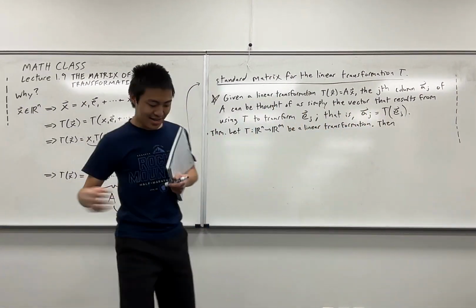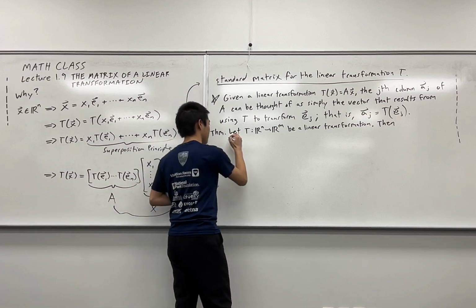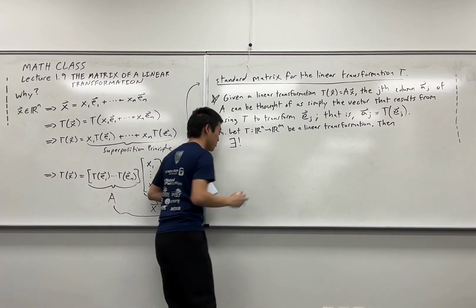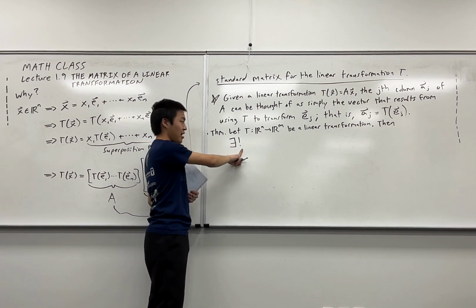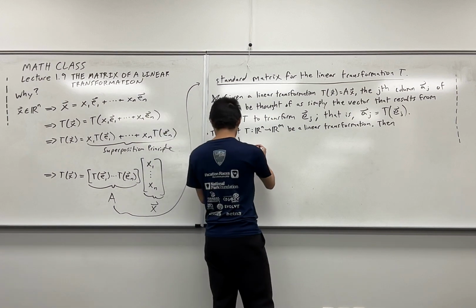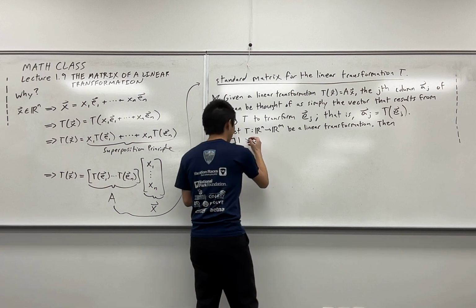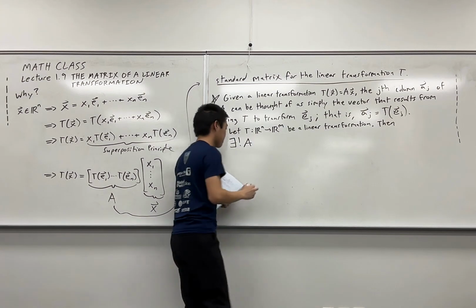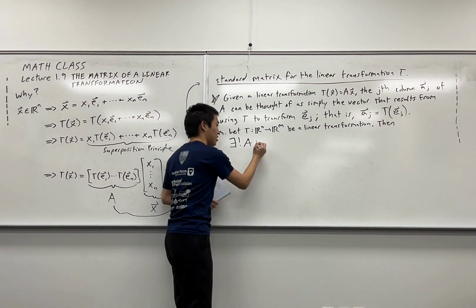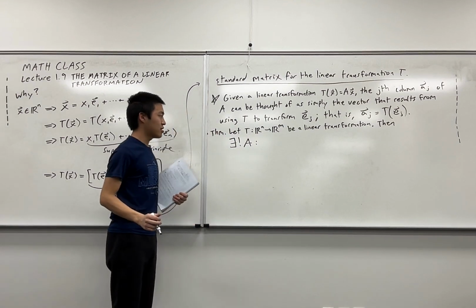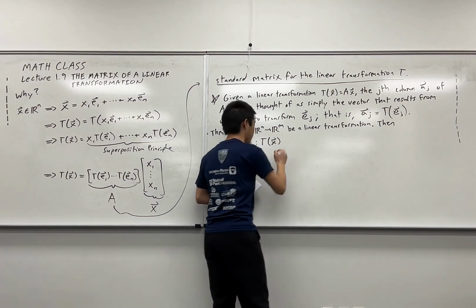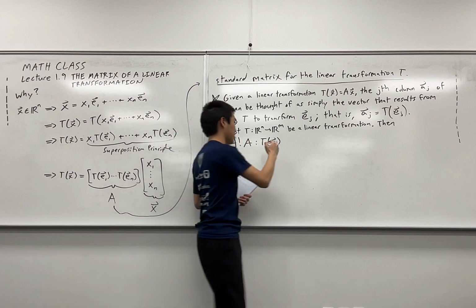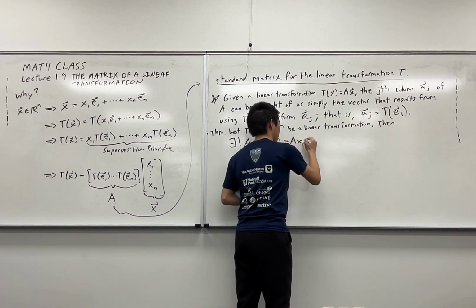It means there exists. Then if I put an exclamation point after it, a unique. So there exists a unique matrix A, such that, colon is such that,